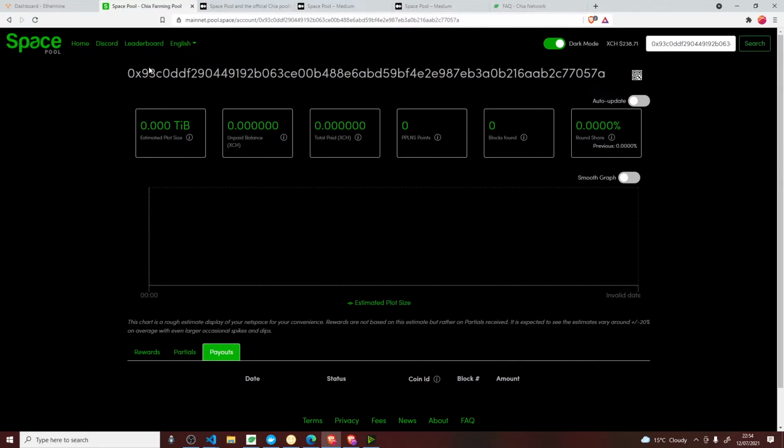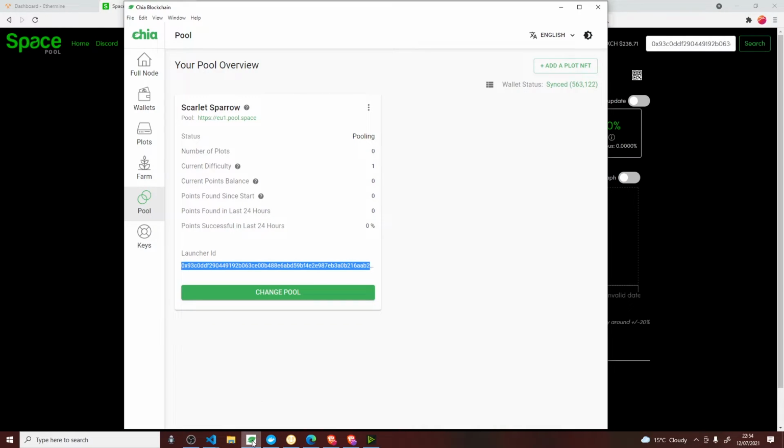So yeah, that's how you can find out what's going on when you start farming. Got to be careful I don't say mining, farming. And so there you go.